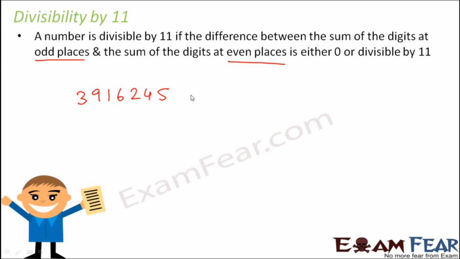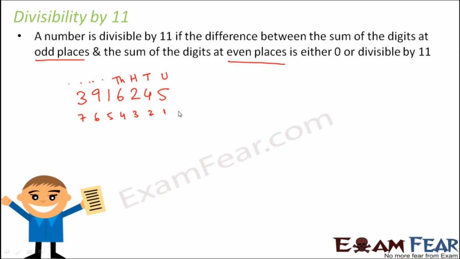Now the question is, what is the meaning of odd places and even places? This counting of odd and even places will always start from right. This is an important thing to remember. So, you will start positioning the digits from your right hand side, that is from the units place. So this is units place, this is tens place, this is hundreds place, thousands place, and so on. So let us say this is position 1, position 2, position 3, position 4, 5, 6, 7. So this is a 7-digit number and you have 7 positions of the digits.